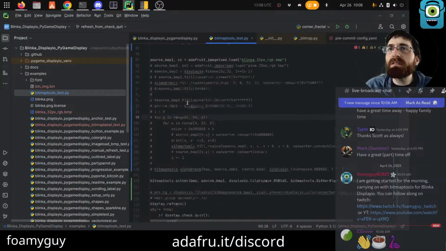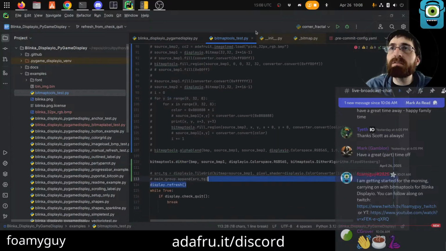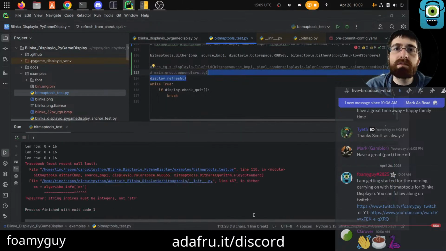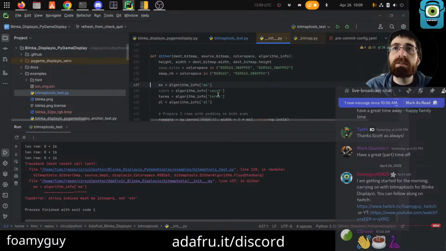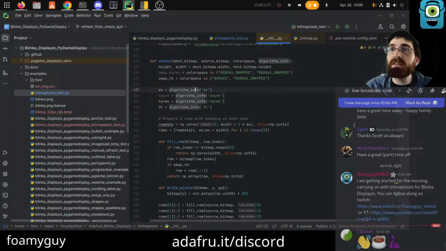The real test here, oh, okay, we are running dither. Yeah, so let's see. Does that crash or run? It crashes. String indices must be integers, not strings. Okay. So probably, oh, okay, yeah, I remember this. So this thing is expecting a